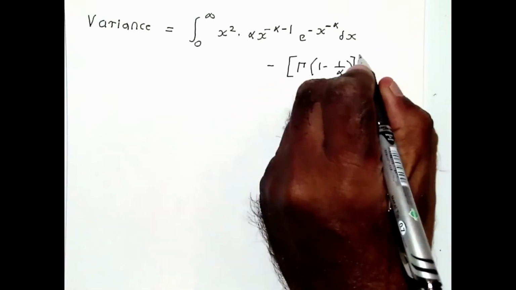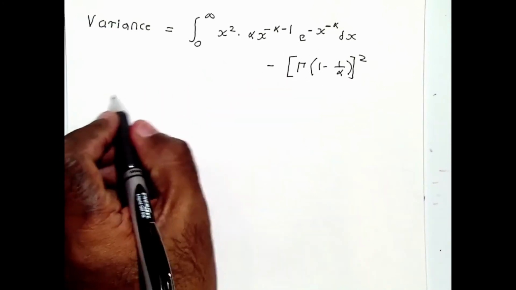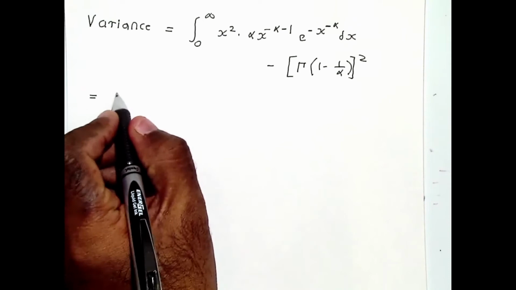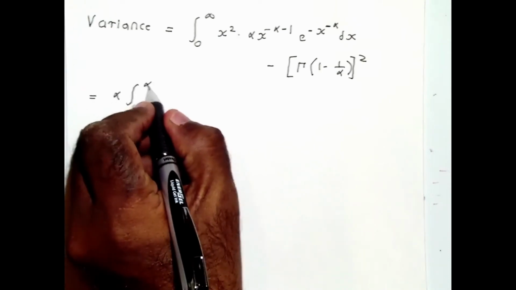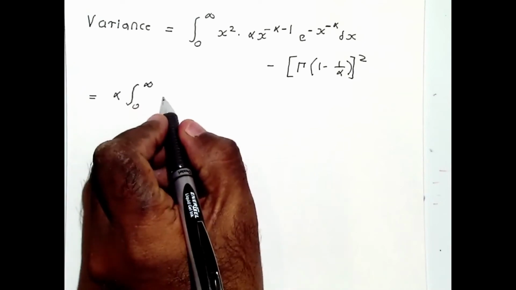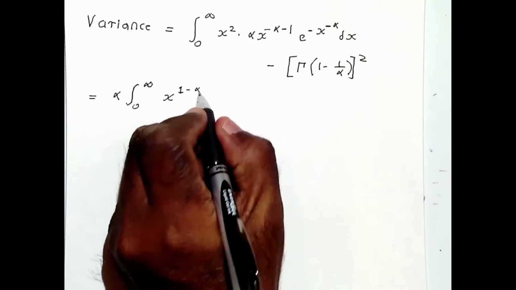So this is the mean. This can be written as follows: alpha times the integral from 0 to infinity of x power 1 minus alpha